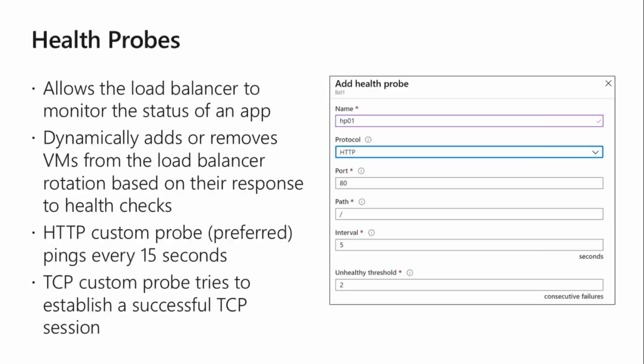Got it. So you can define your health probe based on your situation and your plan. You can look for a specific path or file to understand whether your VM is running, or whether VM health is good or bad, or you can just send a TCP or UDP packet to check the VM condition. There is also an interval for how frequently the probe request is sent, and if the probe request fails to respond, how many probe requests need to fail to declare the backend pool is down. That you can also mention as an unhealthy threshold value.